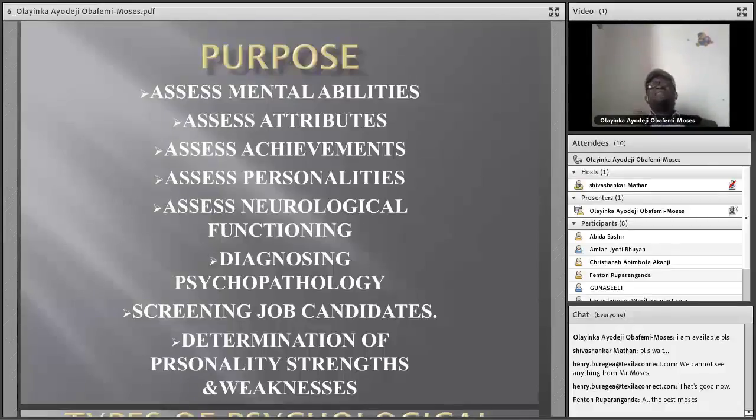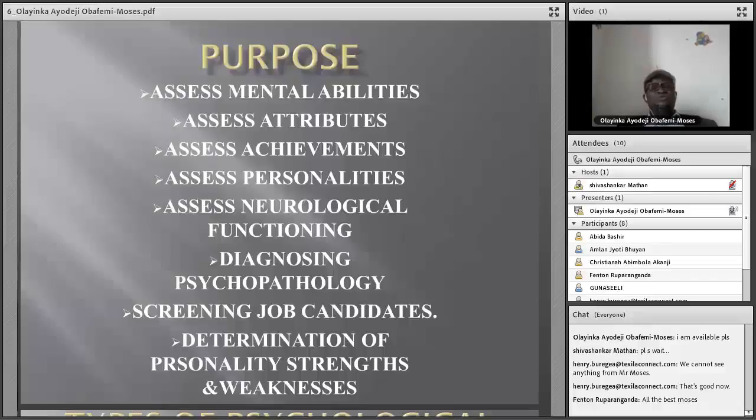to assess personalities. This person sitting in front of me, who is he? What is his personality? What is he up to? What are his challenges? What is his present condition? Another purpose for psychological assessment or psychological tests is to assess neurological functioning of patients, to diagnose psychopathology,